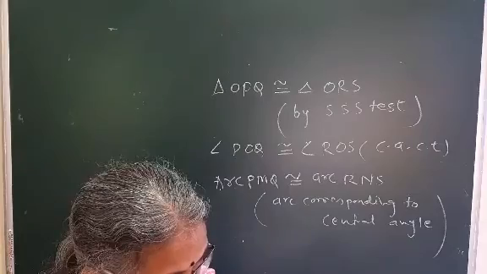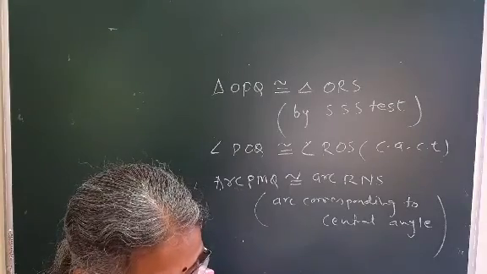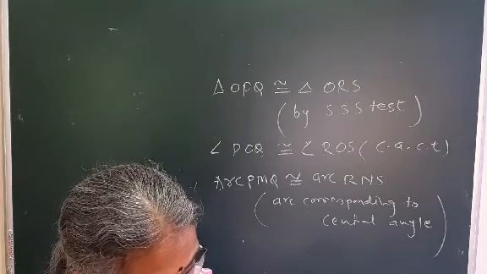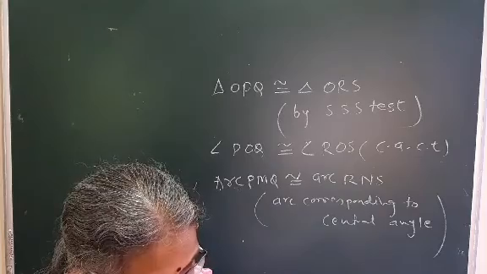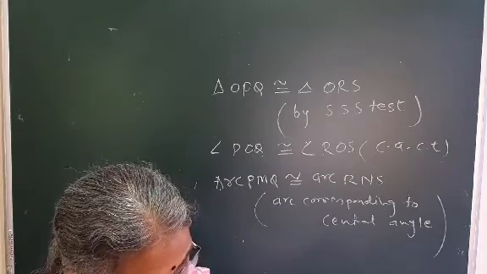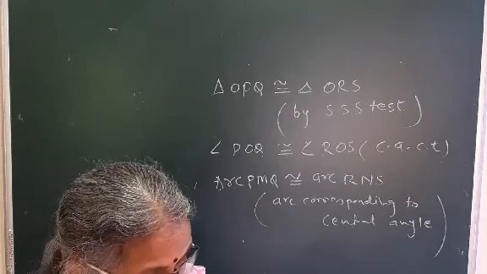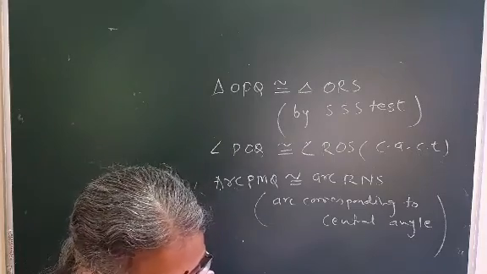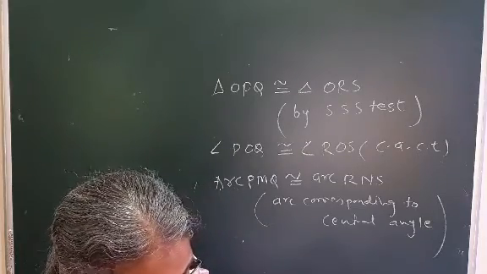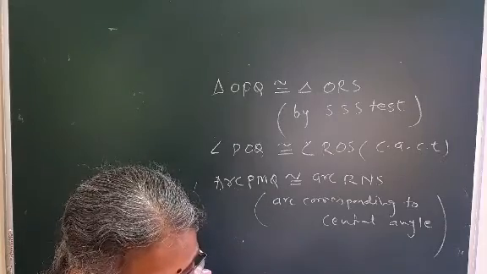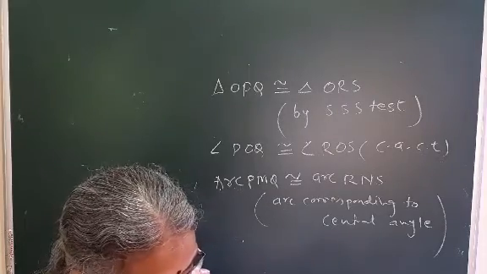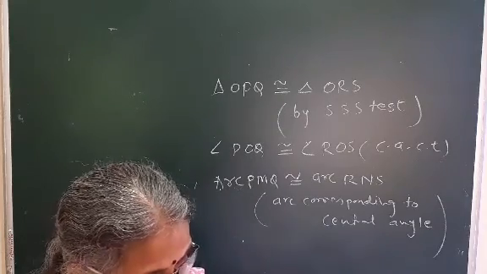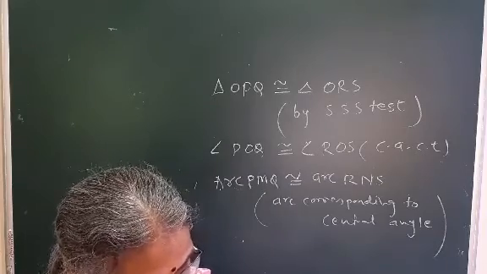Example number 2. In figure 3.36, a rectangle PQRS is inscribed in the circle with center T. Prove that arc PQ congruent arc SR and arc SPQ congruent arc PQR. So here, as it is given a rectangle, you have PQ equal to SR, congruent opposite sides of the rectangle. So chord PQ equal to chord SR, and therefore arc PQ equal to arc SR. So that is so simple. Arcs corresponding to congruent chords. Followed? That is the first answer. So the first answer is very easy. Arc PQ congruent arc SR.